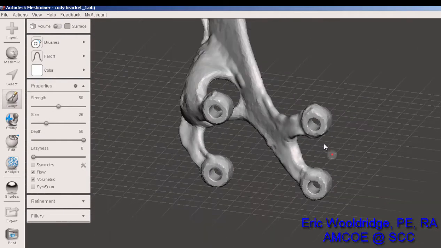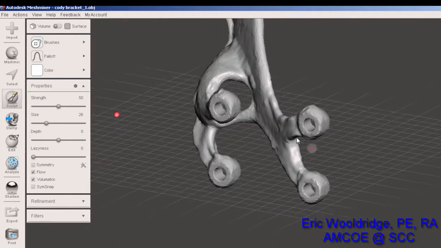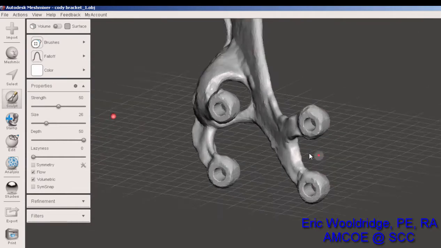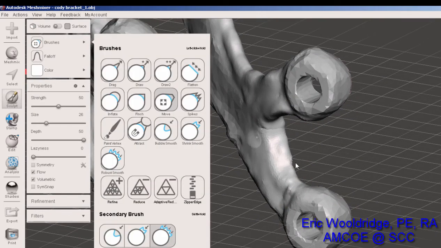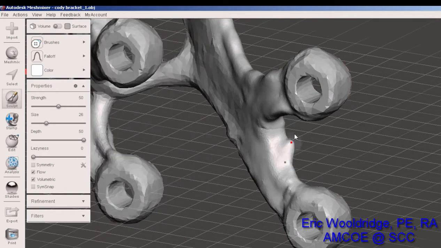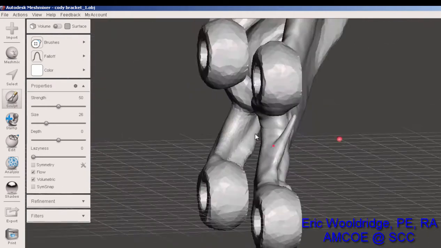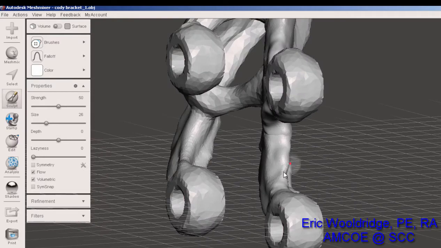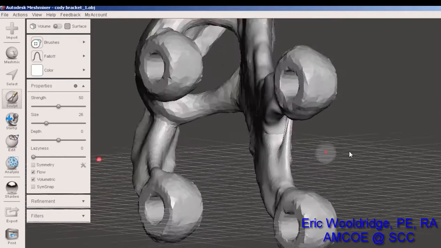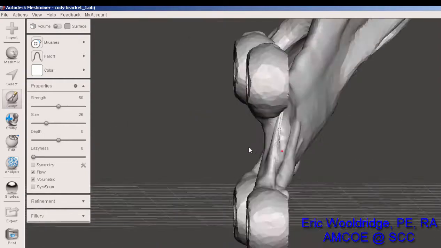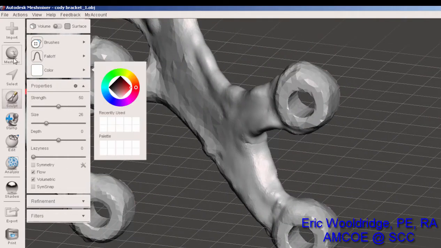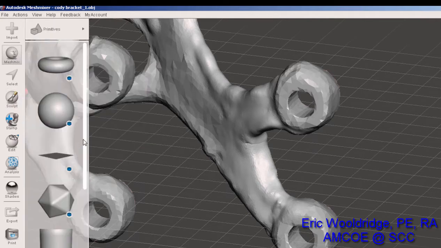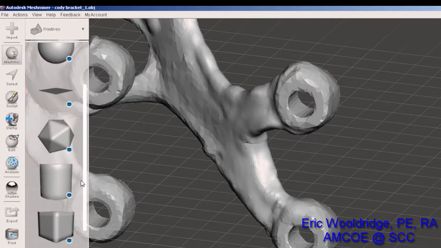Now you may be tempted, and if you haven't seen some of our other videos, go back and check them out where we've used Meshmixer to manipulate generative designs. But you may be tempted to think, I'm just going to take one of the tools that are here, like the drag tool, and draw a structure up to it, and be great. But you'll find out that that's harder than you think it is. Control and going in the right direction sometimes is not hitting where you expect, as you can see right there. What I found the fastest way to do is to use some of the features that are built into